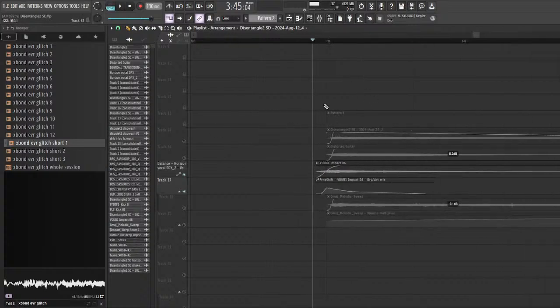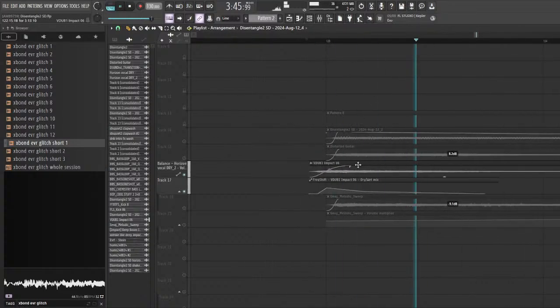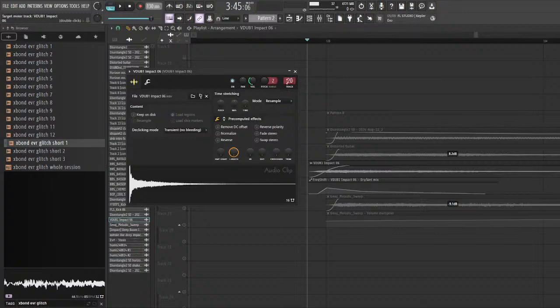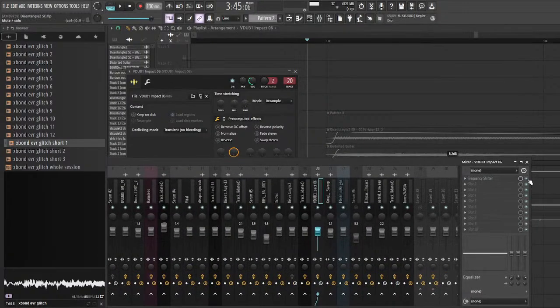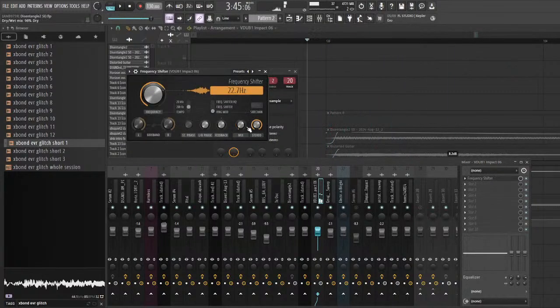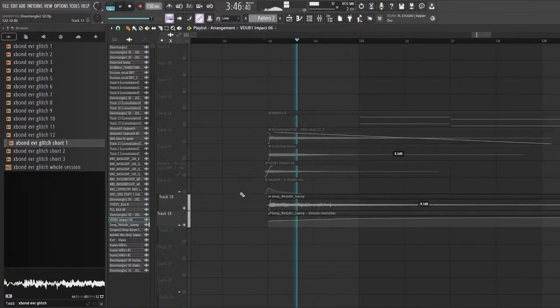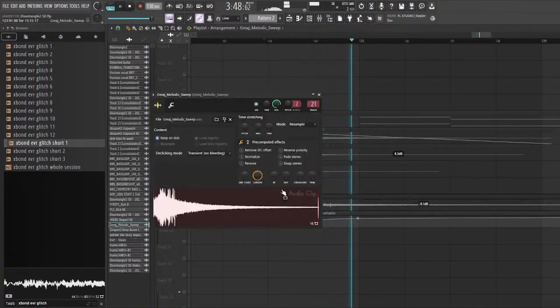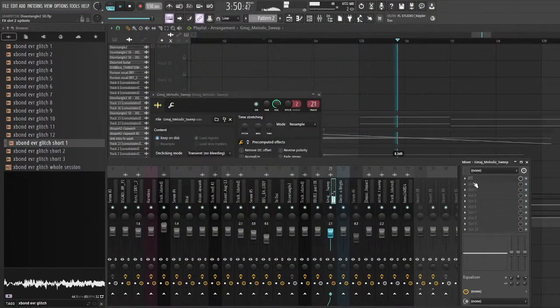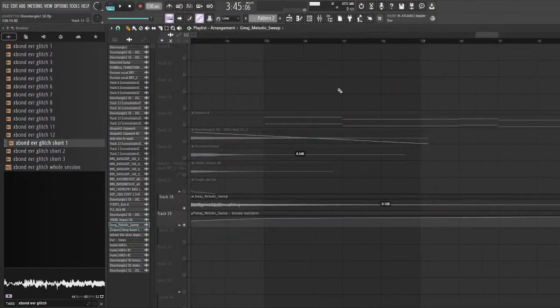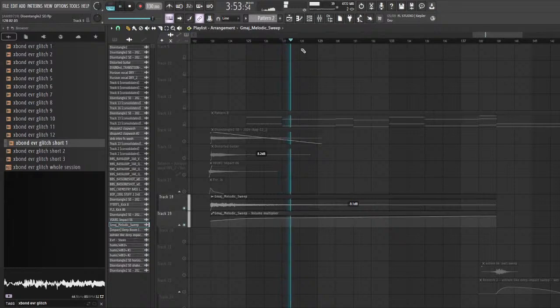I kind of made a tambourine just using ring modulation. I actually do remember how I made this one. If you listen to the end, it kind of sounds like